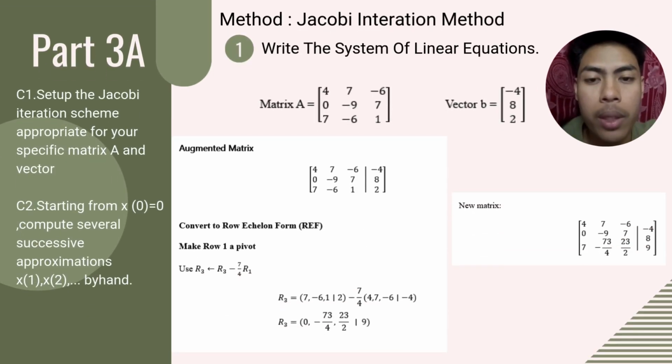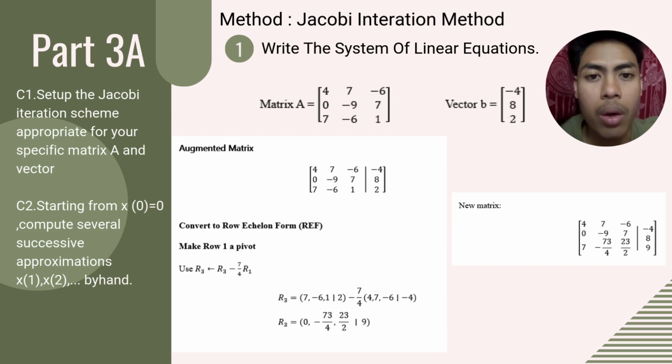For part 3a, we apply the Jacobi iteration method to solve a system of linear equations. First, we are given matrix A and vector B. From this, we write the system of linear equations from the augmented matrix A, B. Next, we convert the augmented matrix into a suitable form by rearranging the equations so that each equation is solved for one variable. This step is important to ensure the Jacobi method converges